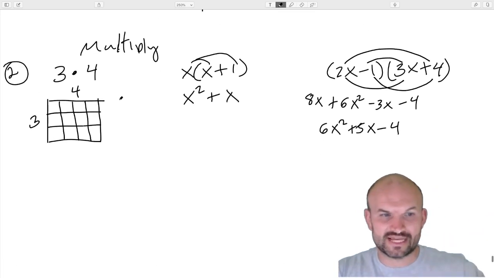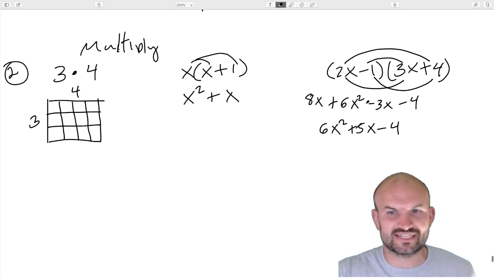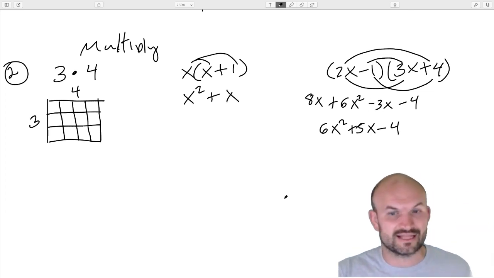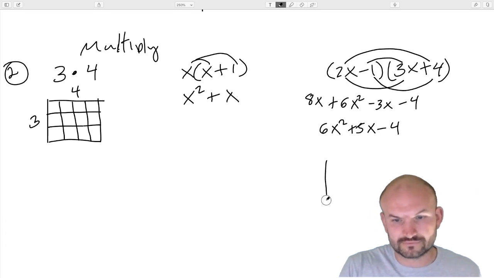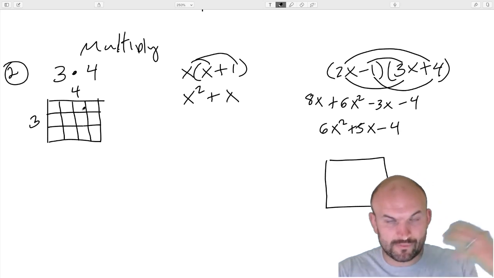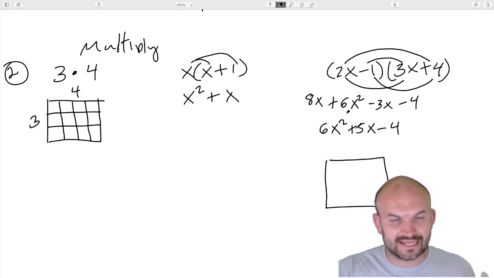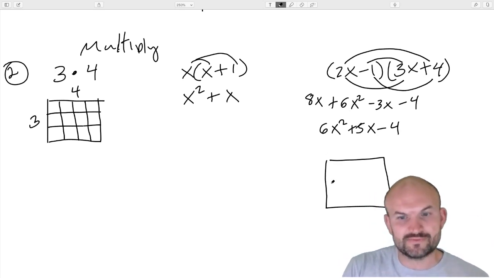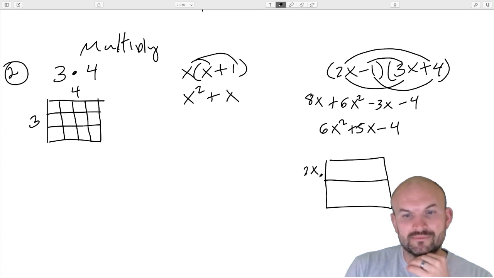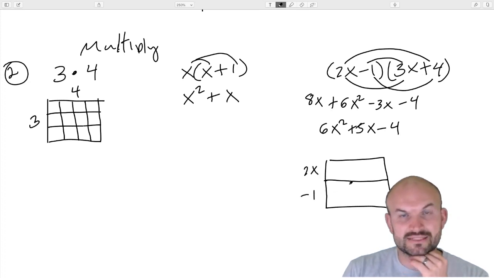Now, let's go ahead and take a look at this way, because some people always get confused or make a mistake. So remember, you can always fall back on this idea of area, because we know that 3 times 4 represents the area of a rectangle. Now, again, this is confusing for a lot of students because x is an unknown, right? So what I'm going to do, if I have 2 terms of this binomial, is represent them as 2x and -1.